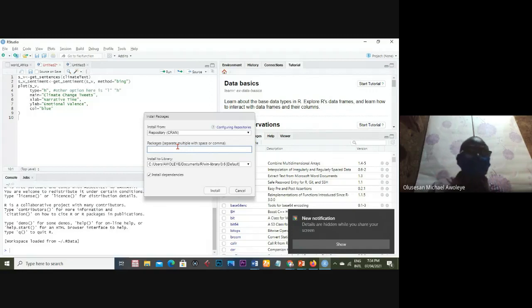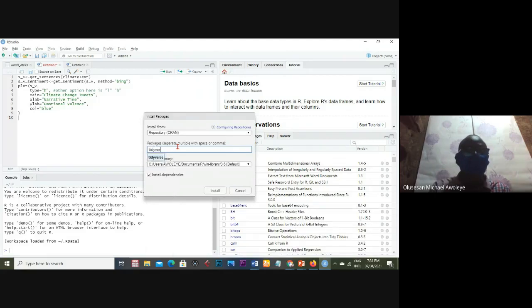So it's possible here, fly out. So all you need to do here is to just put tidyverse. That is the name of the package you want to install. So once you click here and you say install,